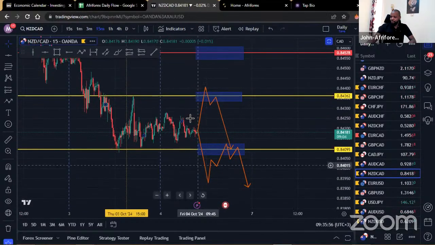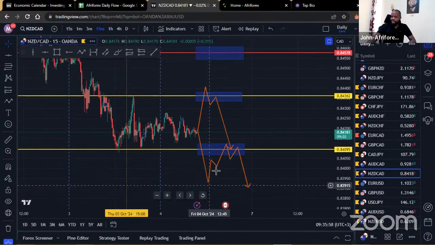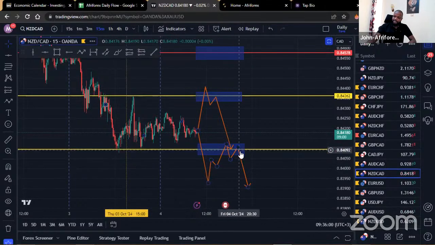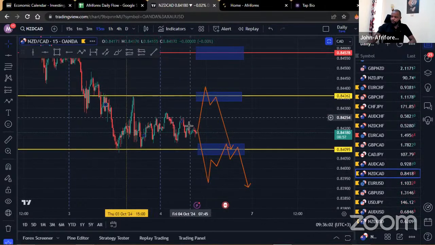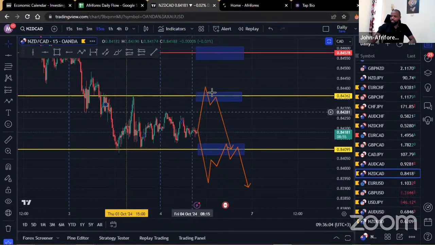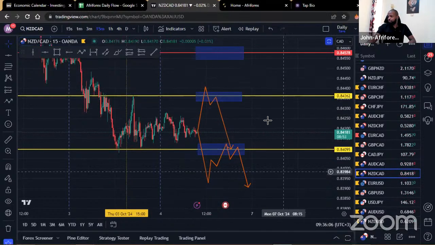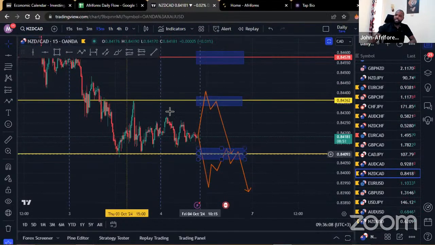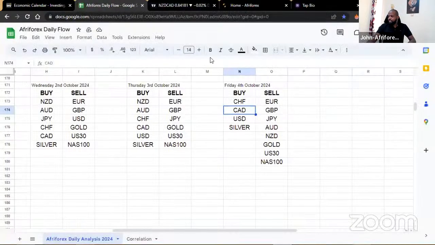So you'd rather break free of this region to the downside, at least on the pullback. This sell might give you lesser issues than looking for selling opportunities within these regions here. And of course, the region at the top is also a good area where you can look for sells. So that's pretty much it in terms of the Canadian dollar pairs. So we're going to move on to the USD pairs.